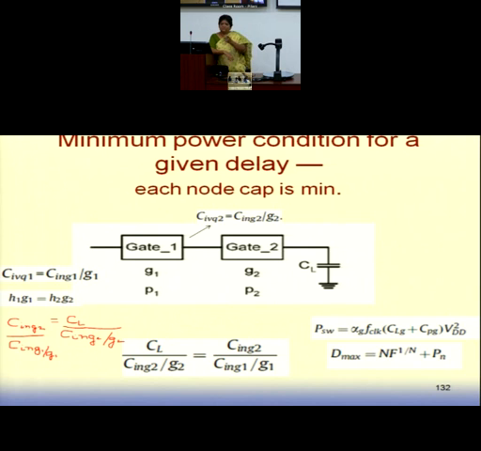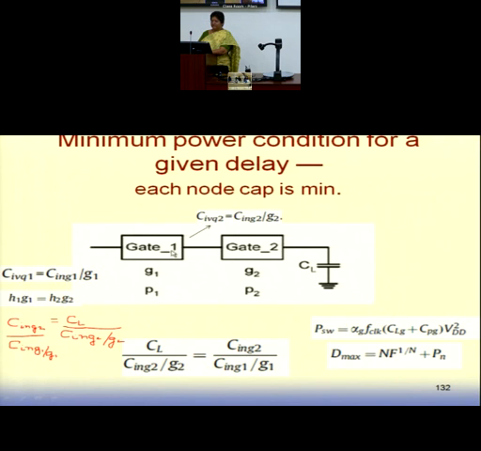Because what did we do there to get the minimum delay condition? We wrote the expression for two gates. We design a circuitry with 2 gates with a certain C load. Say this one has a logical effort of G1 and parasitic effort P1, and this has G2 and P2 with respect to the power equation, and it is driving a C load. And then we write the expression for P.